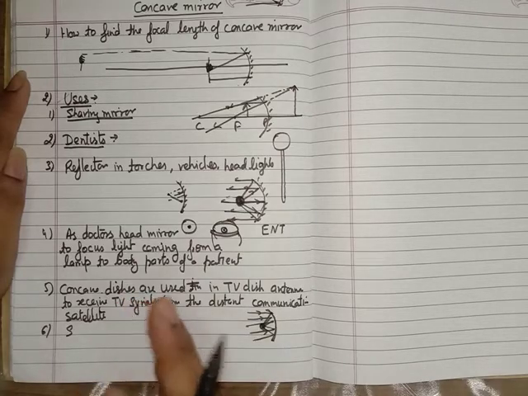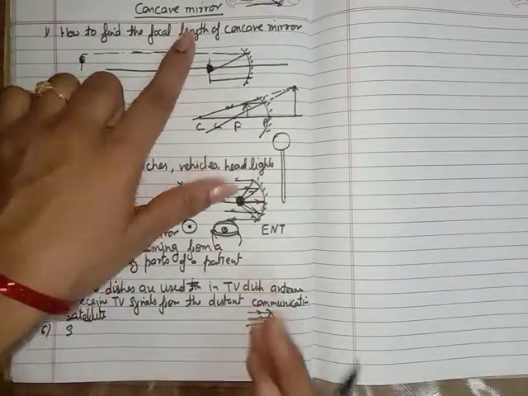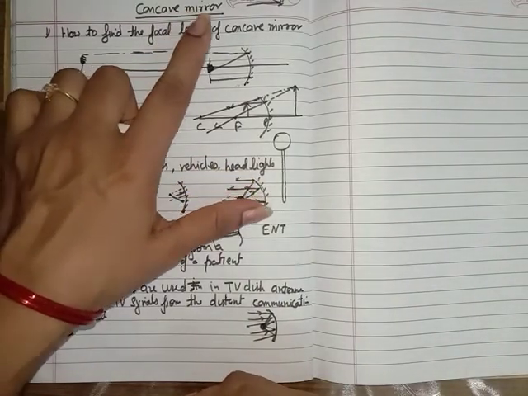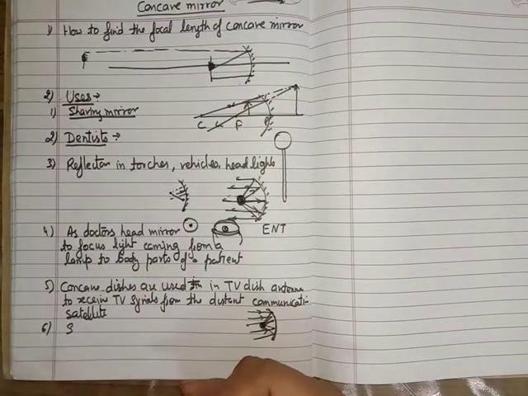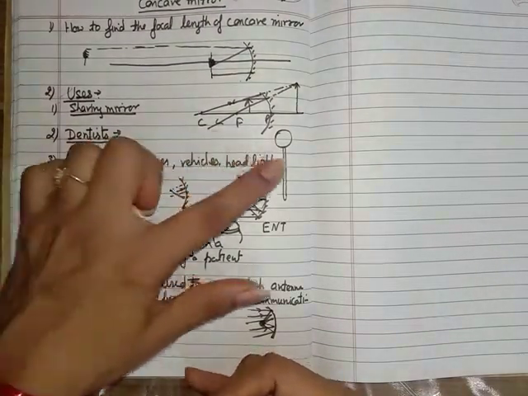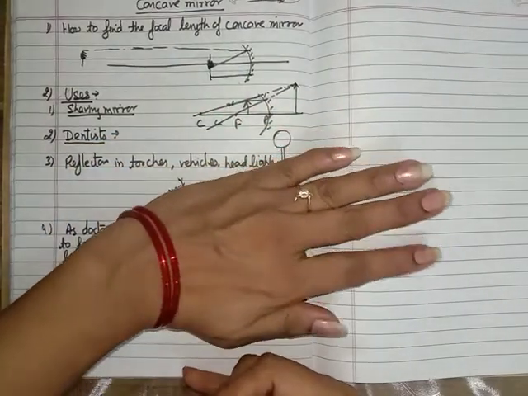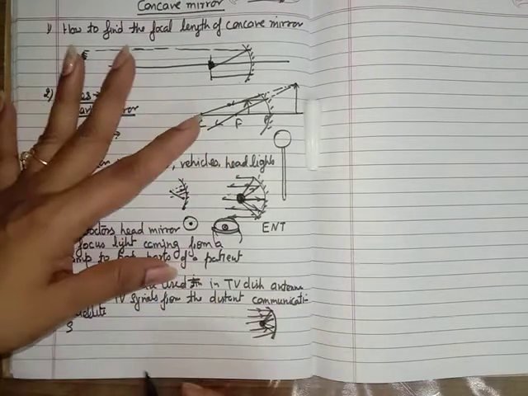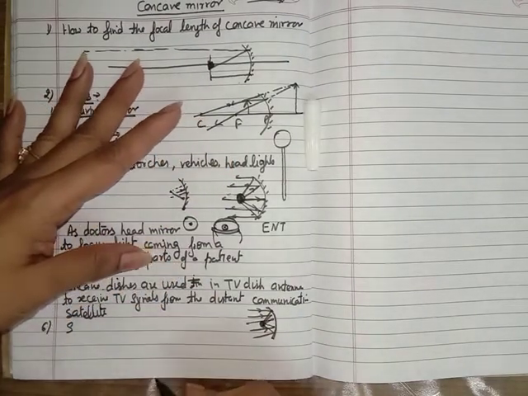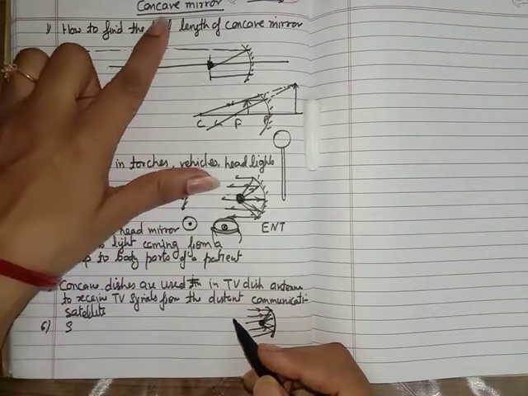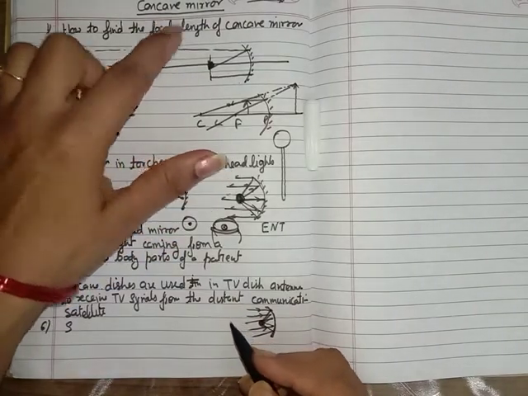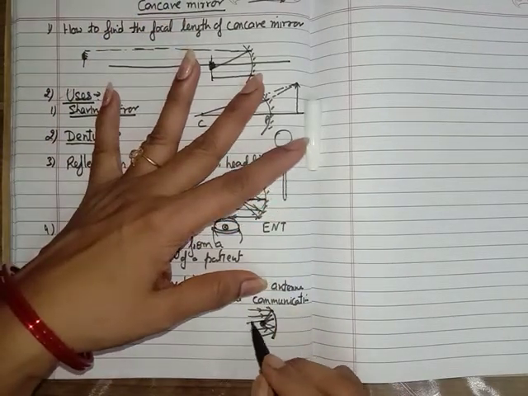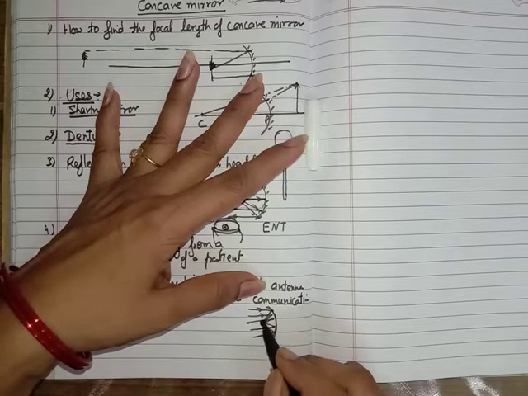In place of a plane mirror, we can also use the concave mirror. If we use a concave mirror in the solar cooker, we can also make chapati in that solar cooker. We know that with plane mirrors we can't prepare chapati. We can make only vegetables like dals and pulses, but we can't make chapati using the plane mirror. But we can make chapati using this mirror, because this mirror focuses all the light rays coming from the sun at the point of focus.